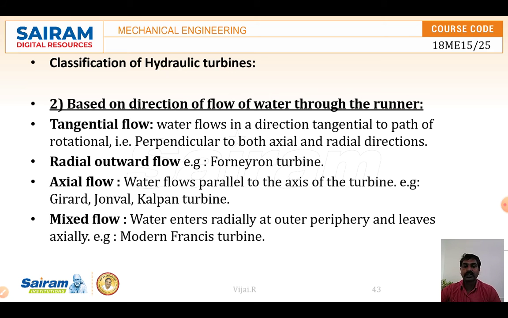And the radial flow is where the water flows radially. There are two more things, axial and mixed flow. In axial flow, water flows parallel to the axis of the turbine, the axis of rotation of the shaft, and then makes the blade rotate. That is one different working principle of the turbine, the axial flow turbine. And mixed flow is a combination of axial and radial.